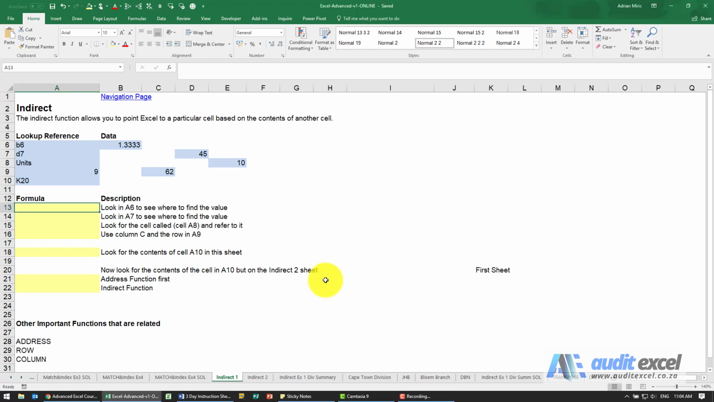The indirect function is pretty true to its name in that it will look at a cell, see where it's told to go, and then go. So indirectly go via one cell to get the contents of another cell. We generally would advise you rather use the offset function, except for something we're going to show you where it